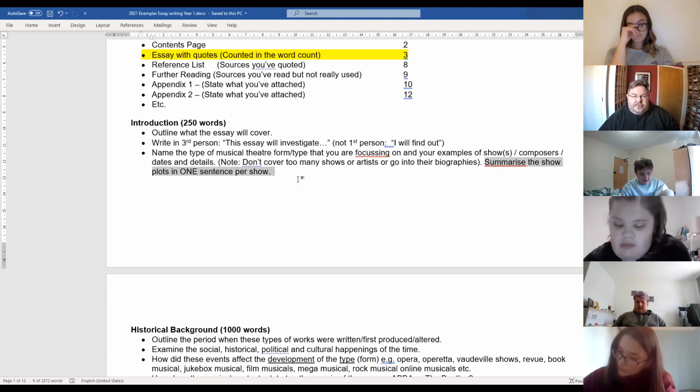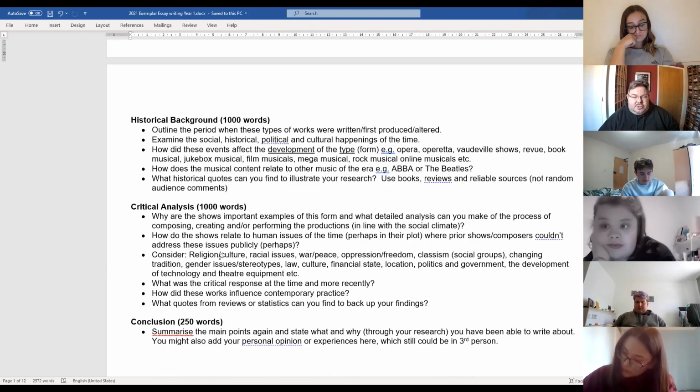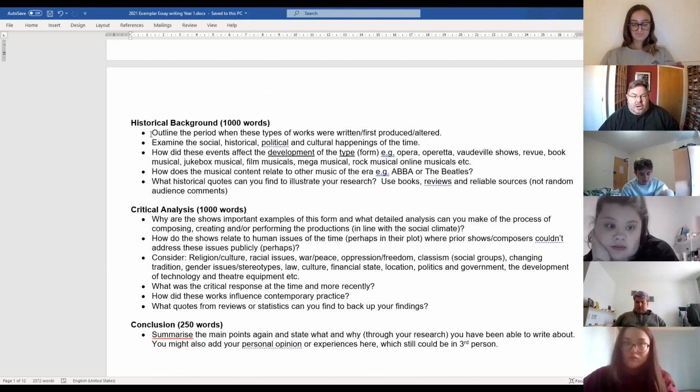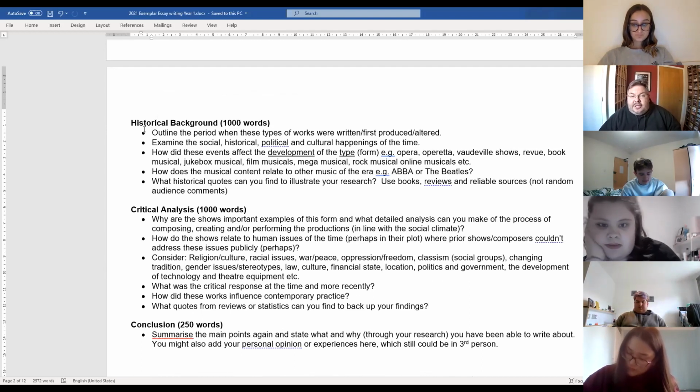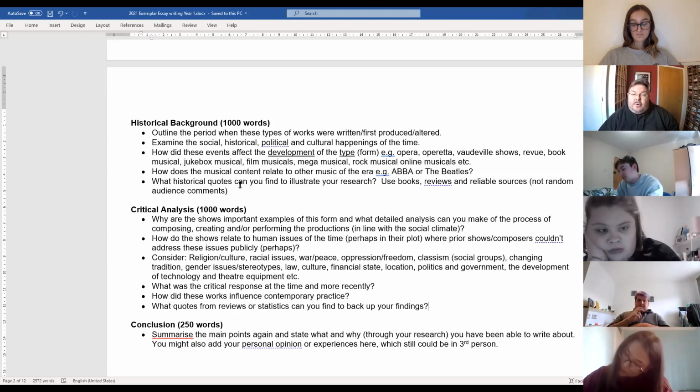Then we get to two sections, which are the main 2,000 words of your document. The first bit is really where these types of shows were created, what was happening in the world when these shows were happening. Were there historical events like wars or the rising up of the teenager, or developments of the internet and rap, and how did the music of the day affect the music of the musicals, or how did the storyline reflect what was going on in the real world, etc.